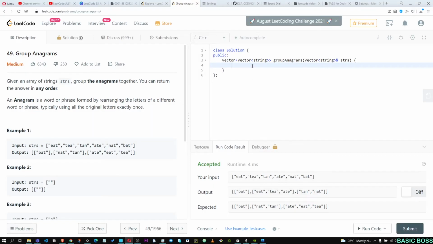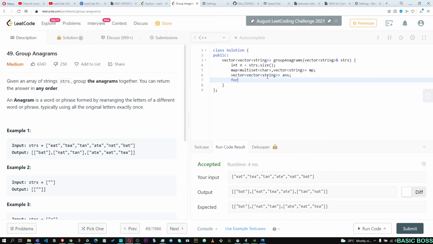So let me first define the size as int n is equal to strs dot size. So what we required was a map. So let me define the map. So it will be type multiset char. We are using multiset char because the strings are composed of characters, and we'll be pushing the characters into the multiset. So we have created the container multiset char, and that will be mapped to vector string. So the return type is vector of vector strings. So let me create a vector of vector string. I'll name it as answer because this will be the answer that I need to return.